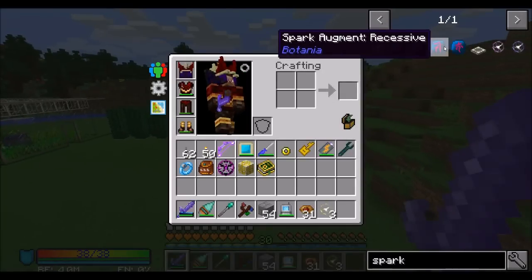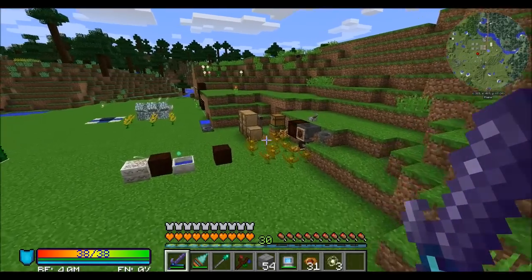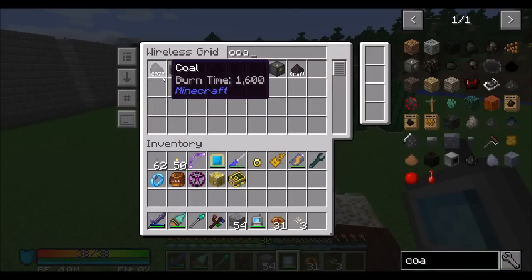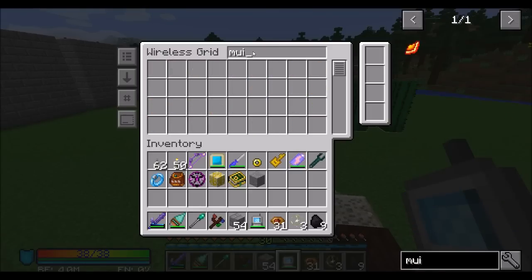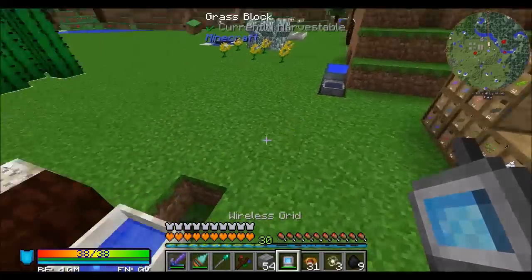Recessive augment requires pixie dust, mana steel ingot, and a rune of earth. Gonna need an earthen rune. So that is a coal block, stone, and a mushroom, right? Yes. And then the other thing we're going to need,